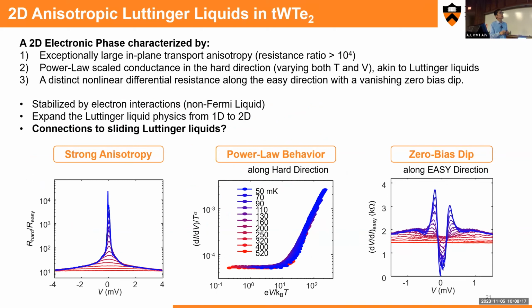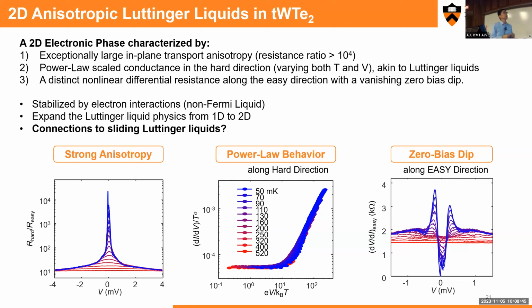And the power law scale conductance along the hard direction also shows a single alpha versus the temperature and external bias. And also this interesting zero bias dip behavior shows along the easy direction. And this is the characteristic of such a twisted moire tungsten dichloride at around 3 to 6 degrees, which we